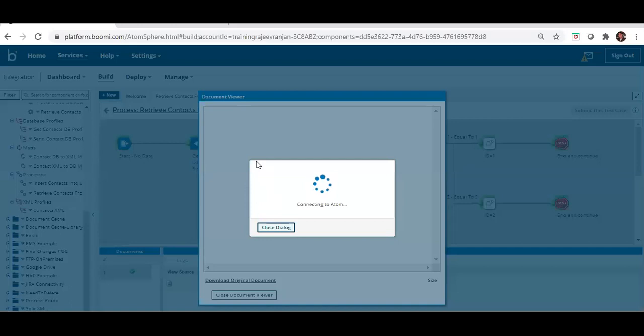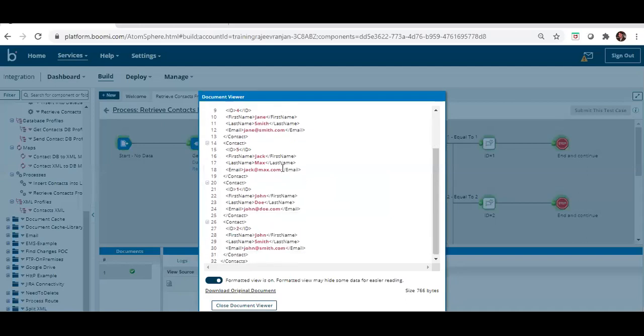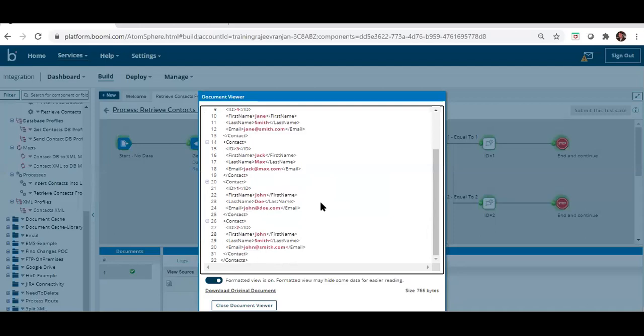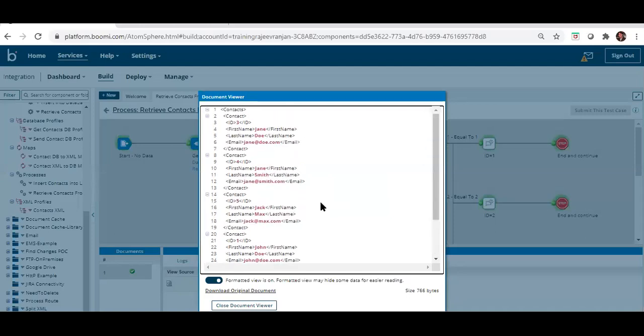We'll see what the input is after converting or transforming the database profile into the XML profile. Yeah, so this is what we had while we were doing the insertion into the database. This was our original XML.